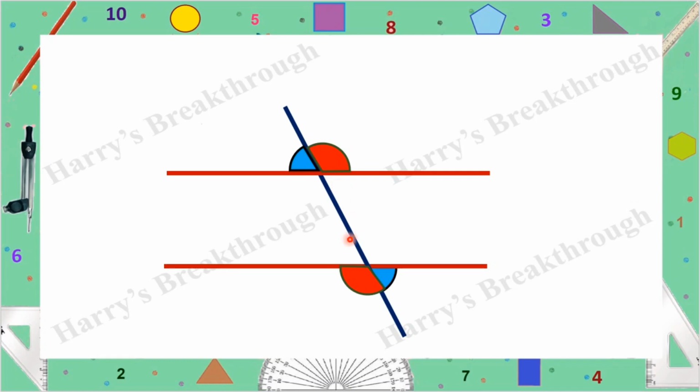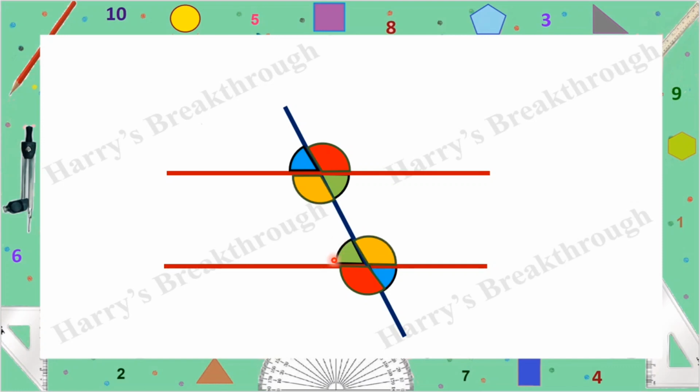So these two red angles are also at reverse positions. The above one is above the horizontal line and right side of slanted line, and the below red angle is left side of slanted line and below the horizontal line. These two angles are also at reverse positions. And the third pair will be here. Here you can see two green angles. So the above green angle is right side of slanted line and below the horizontal line. And the second one is above the horizontal line and left side of the slanted line.